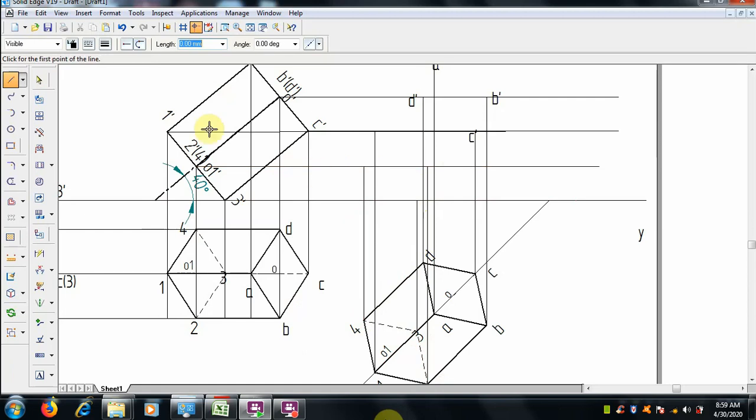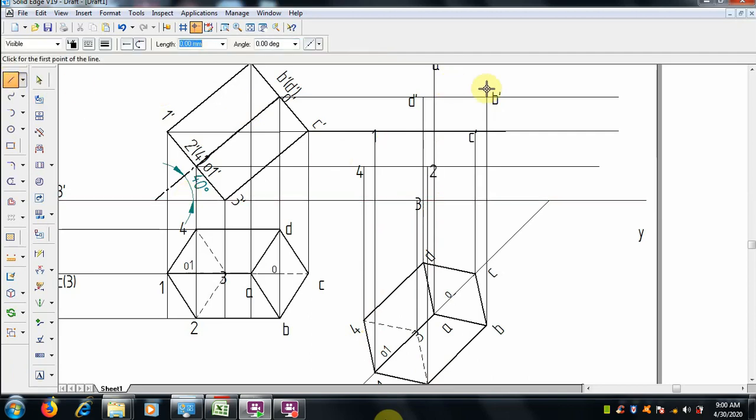Okay, 1 2 3 4, the base, 1 dash, 2 dash. Now here it is 4 dash. 1, 2, 3, 4.